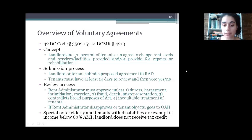So if the rent administrator disapproves of the petition or a tenant objects, then it goes to the Office of Administrative Hearings for litigation. And again, there are elderly or disabled tenants exemptions if the tenants meet certain income guidelines. This is something that you see a lot of the time when a landlord is trying to buy tenants out. So oftentimes a